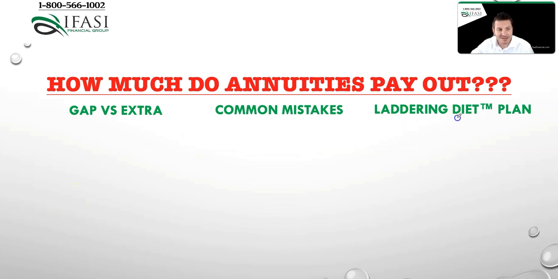The D in diet stands for distribution planning, making sure that you're uncovering what your current cash flow situation is. Do you want to leverage pension maximization strategies? Do you want to leverage Social Security optimization strategies? How can you make sure that you're squeezing the most amount of juice from those accounts for a cash flow need so that you could try to get as close as possible, or greater than or equal to what your expenses are throughout retirement? If there's gaps there, how can you make sure that you're efficiently closing those gaps? Using the smallest amount of dollars and only as much as necessary, so therefore you can move on to that